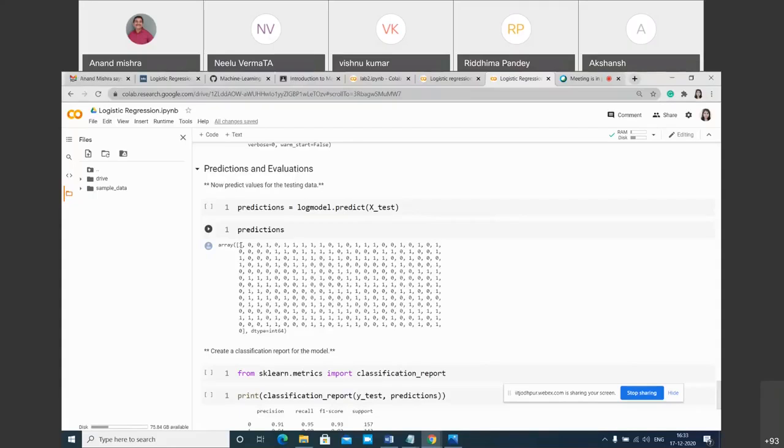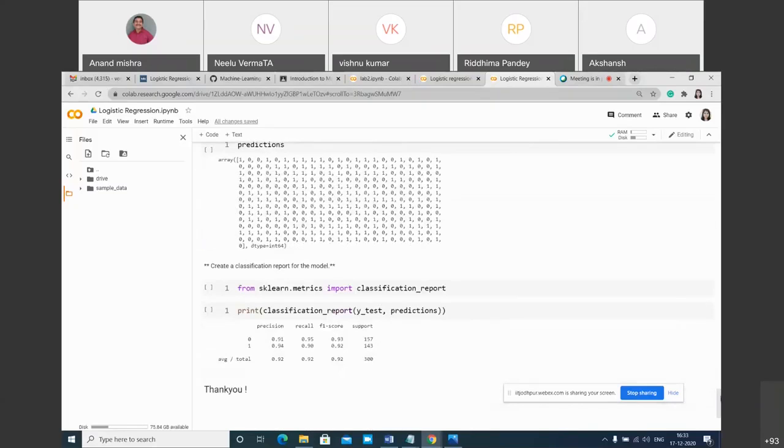For other data sets, like cancer, whether you have cancer or you don't. So there are only two possibilities for logistic regression. In this way it is predicting that this is 1, the next record is 0, 0, 1, 0. It means yes, it is 1. So this is some prediction.